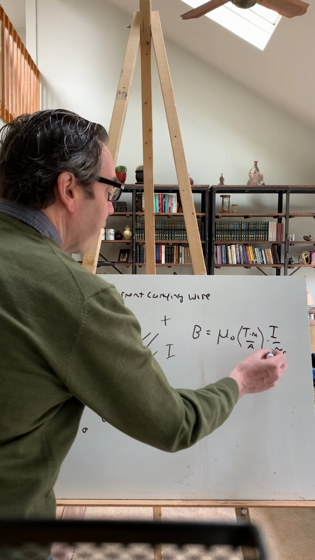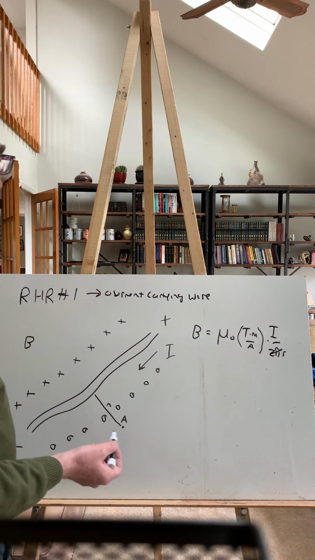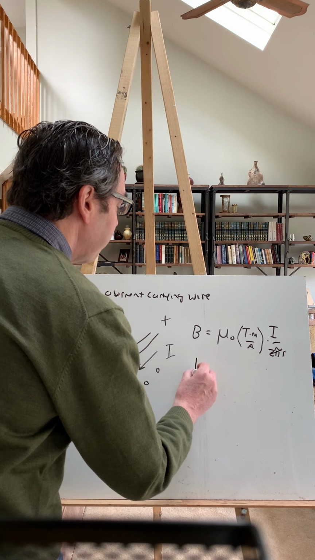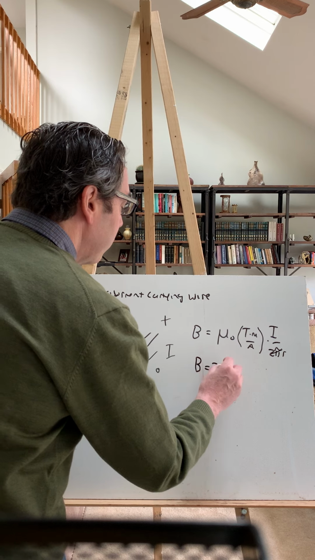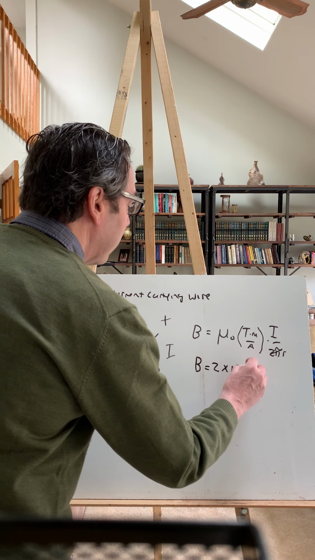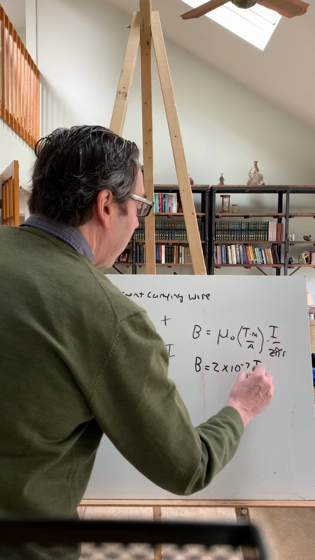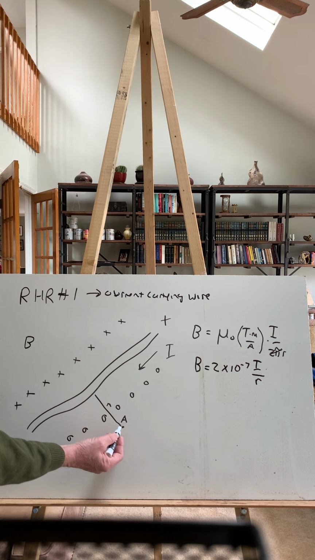We can see that this is going to cancel out because mu 0 is 4 pi times 10 to the minus 7. So B equals 2 times 10 to the minus 7th I over R